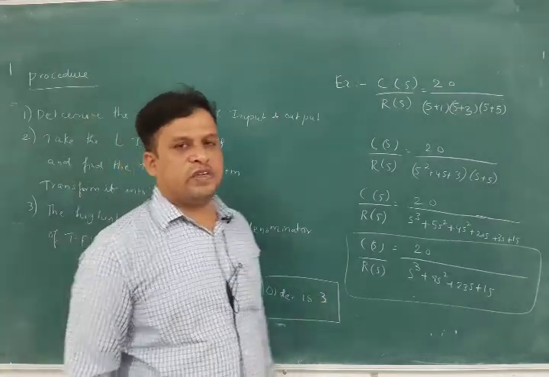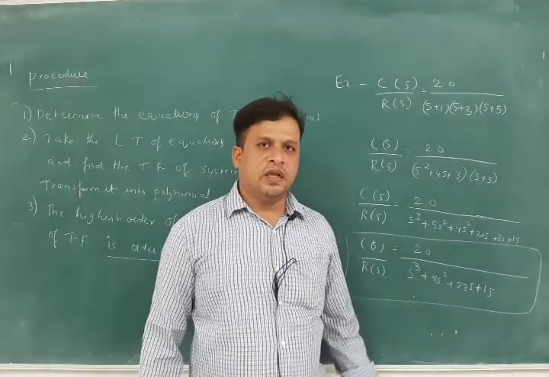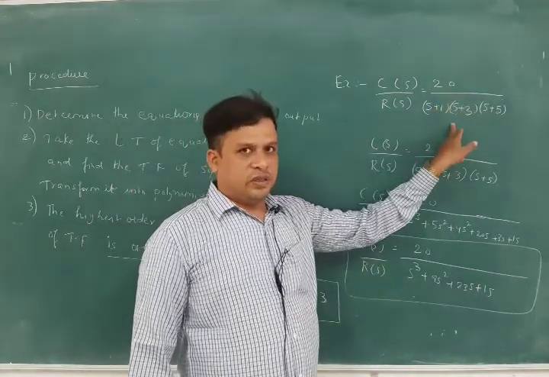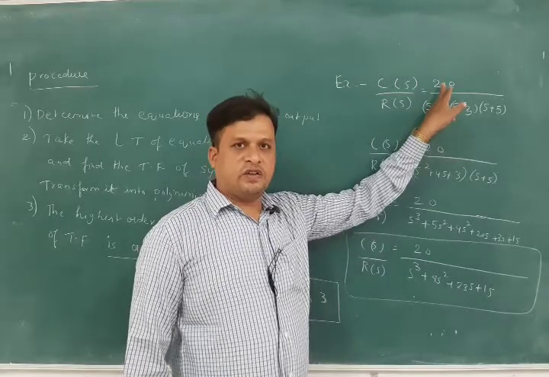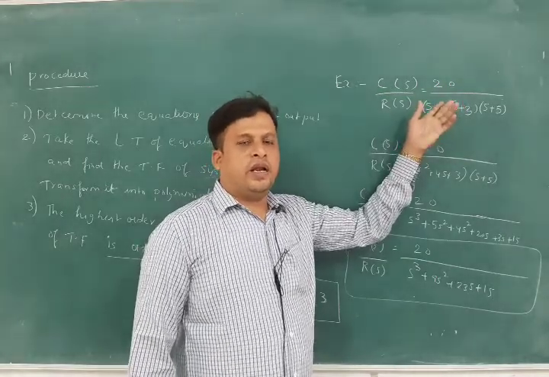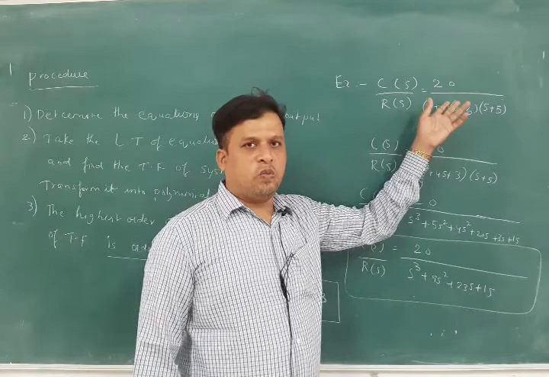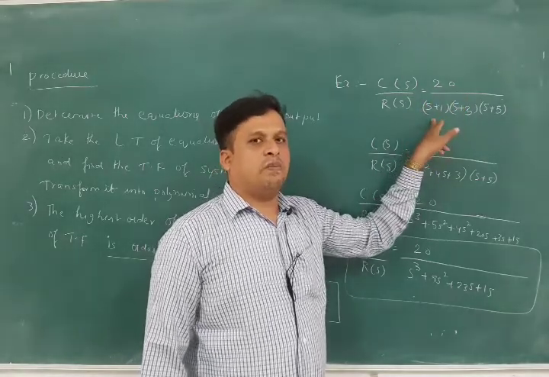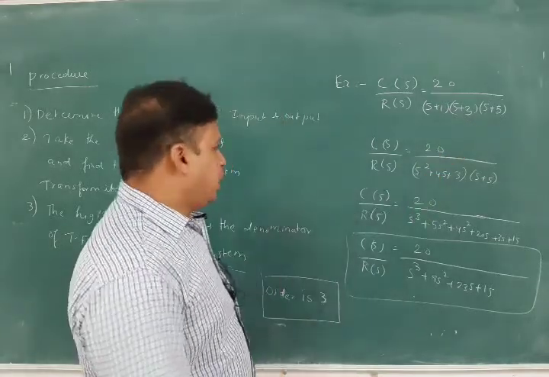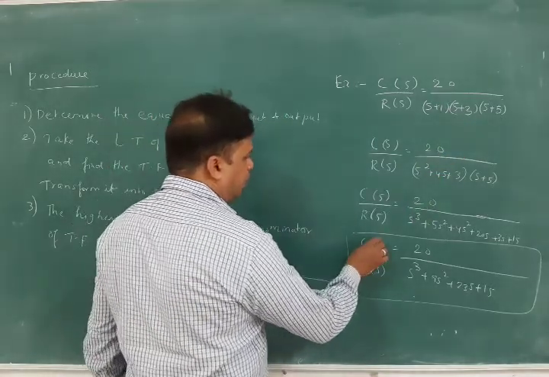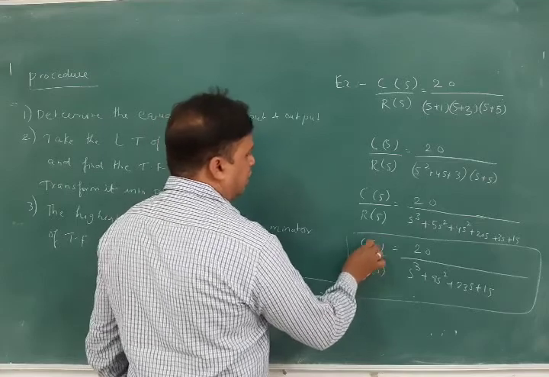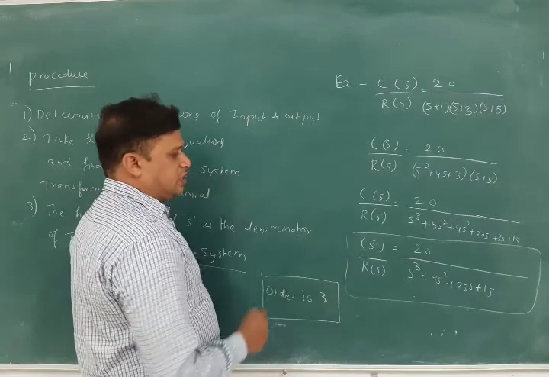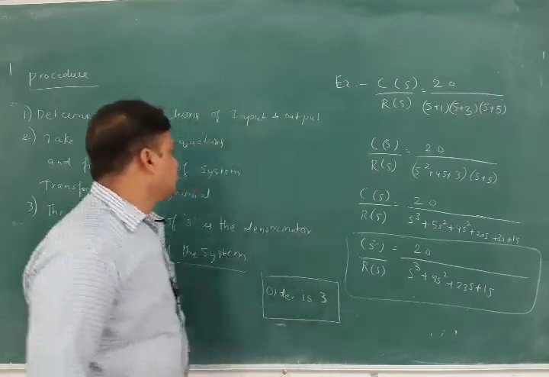If anyone gives you an equation and asks you to find the order of the system, then you can write the transfer function like this. He will give you the transfer function. If he doesn't give the transfer function, you have to write the Laplace transform of the input-output equations and get them into a polynomial in s. So directly he will give this problem, find the order of the system, and he will ask you how to find the type of the system also. So first we have got the order of the system. Now we will go for the type of the system.